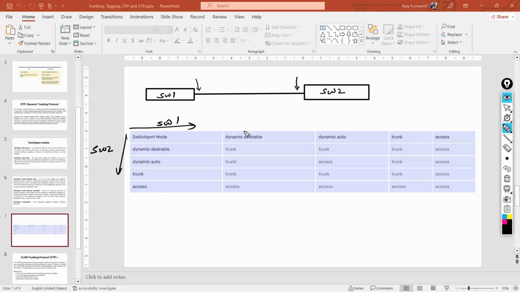So if switch 1 port is desirable and switch 2 is also desirable, both are desirable, that means trunking will be there. If switch 1 is auto and switch 2 is desirable, one is waiting, one is sending, they will form a trunk. Then trunk and desirable, they will be trunking. So this is a lot of things to remember. What is the easier way? The easier way to remember is